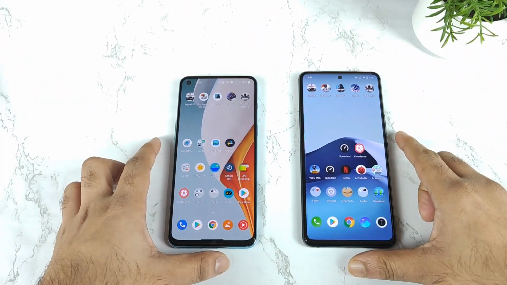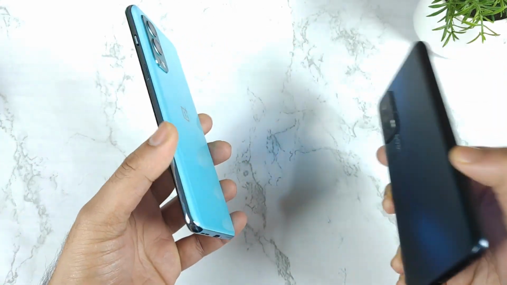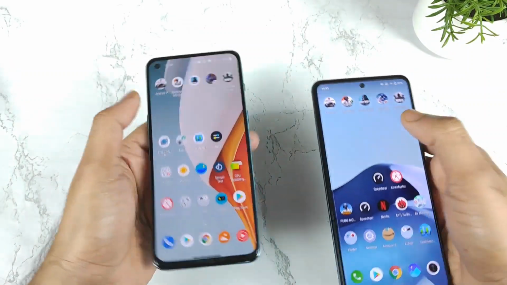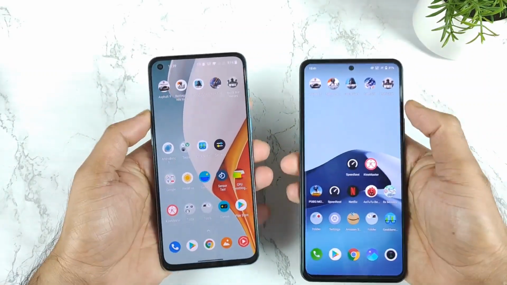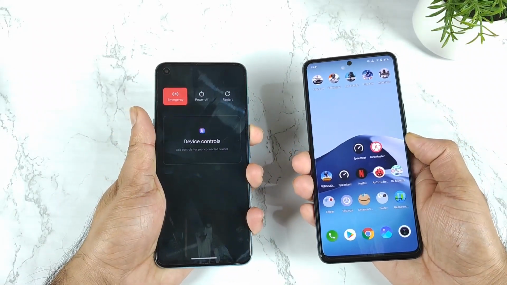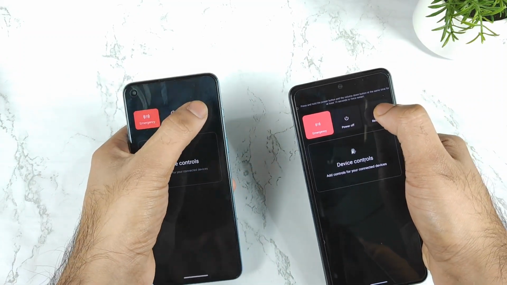In this video I'm going to do the speed test and RAM management test comparison between the OnePlus Nord 2 versus iQOO 7 device. During this demonstration, let's try to use the 5 heavy games which are downloaded, as you can see clearly. This is a test which I'm doing after a long time between these both phones, and let's see which phone actually opens these games faster. So that's what I'm going to demonstrate in this video.